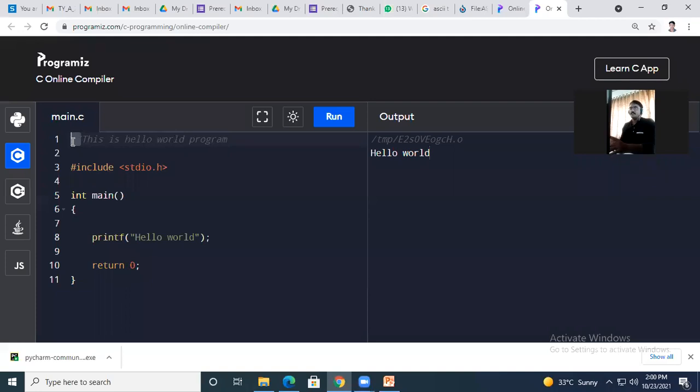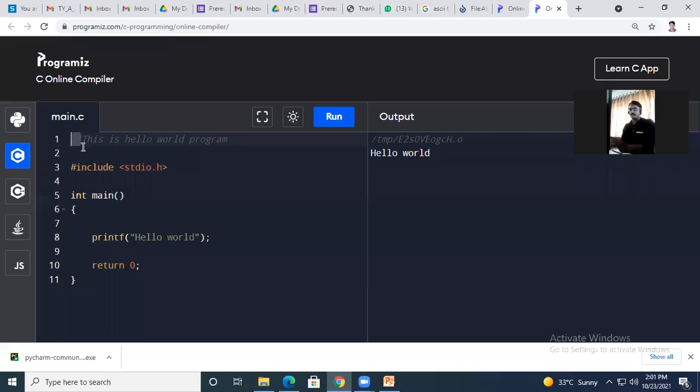With this single line comment, it gives me only the overview of the program, but it will not be displayed in my output. It is just for information. Okay, this is the syntax of writing a single line comment.